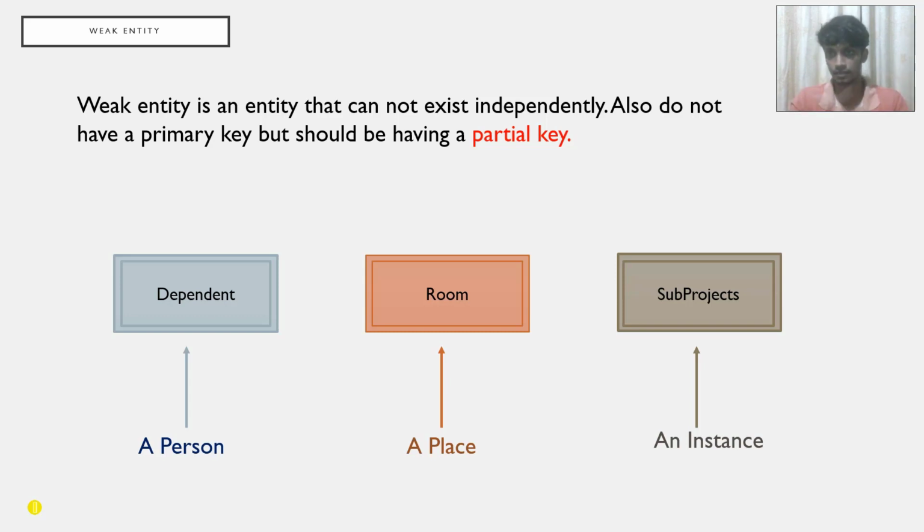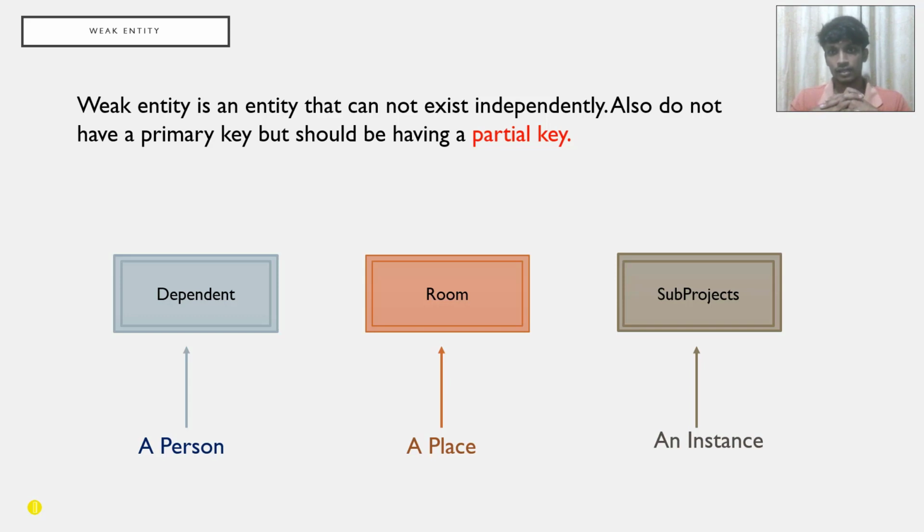So when it comes to DBMS, that parent aspect can be considered as the strong entity, and that relevant child component can be considered as a weak entity. Each weak entity has a relevant parent entity or strong entity. It is necessary. That's how weak entities are formed, following a hierarchical manner, like the hierarchical data model.